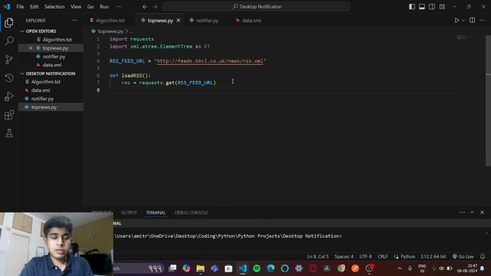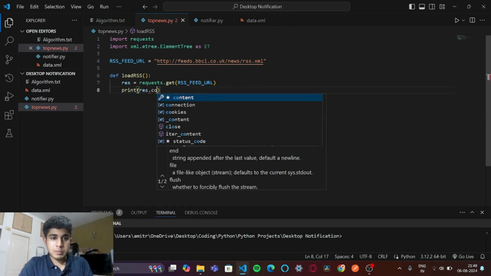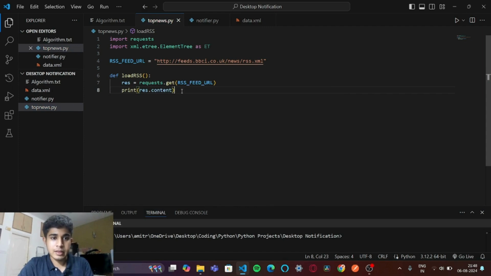And just to demonstrate what we're going to get if we do this, let me print response.content, in the sense the content that I'm going to get when I perform this HTTP method requests.get, and let me call the function load RSS. So if I run this,